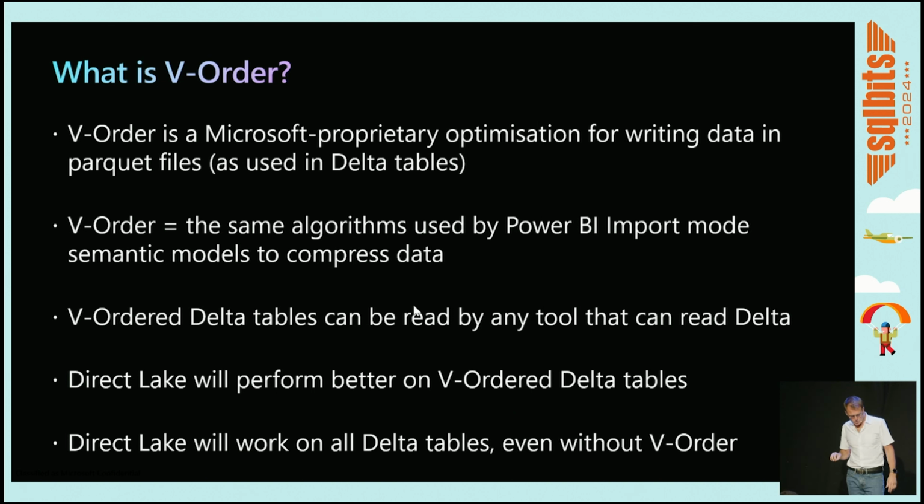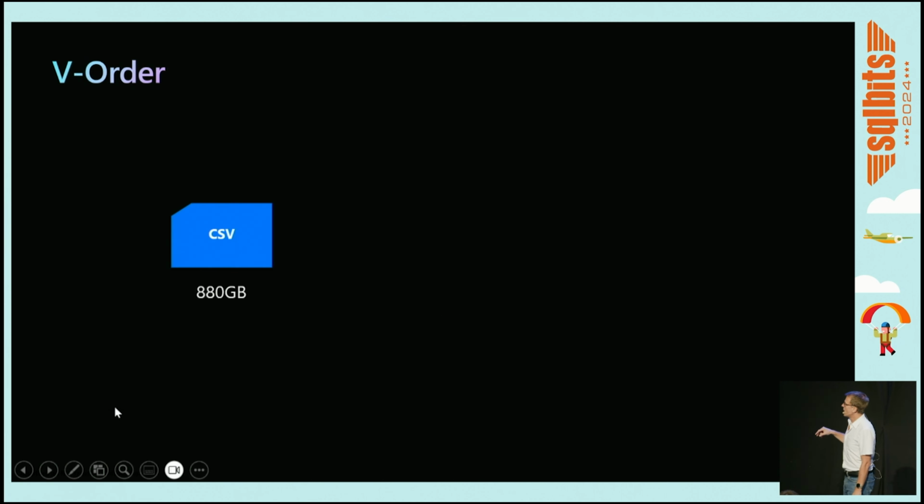And yeah, we've already talked about the fact that it can be read by any other tool that can read Delta tables. And I've got the next slide. If we jump to the next slide, the performance, we've got some real-life case of Microsoft data. So we had some sales data that we extracted and stored in CSV, which isn't great for compression. When we did that exercise, it was nearly 1 terabyte in space on disk,